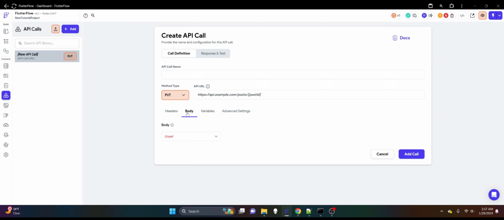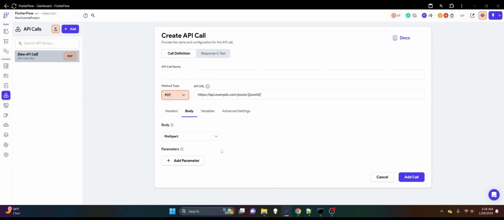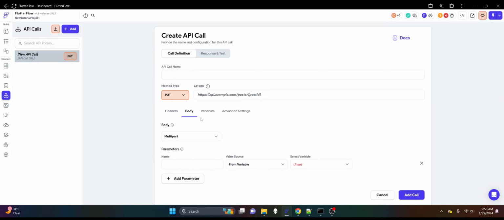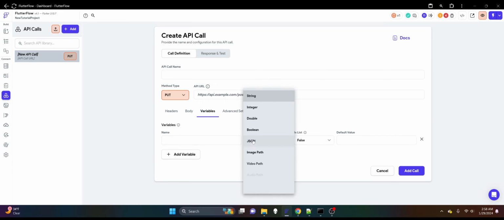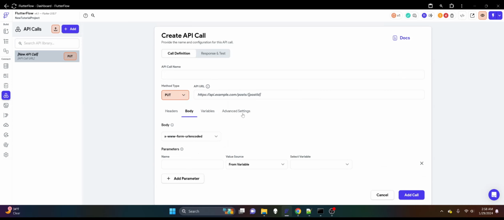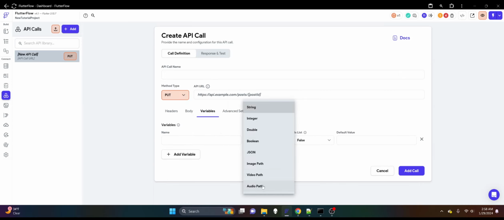But Bunny expects the content of the call, which would be the body, to be multipart. As multipart, you can select uploaded file, and multipart is the only one you can do that with. If you select any of these other ones, uploaded file goes away, and we need uploaded file to be able to attach the byte data for the video to the request. But the problem is that